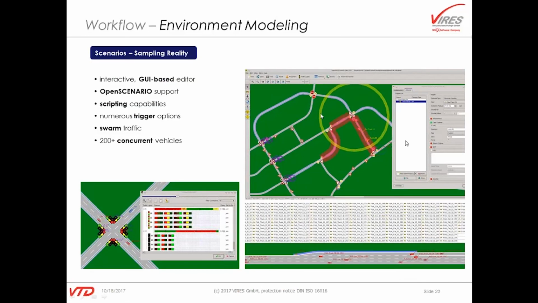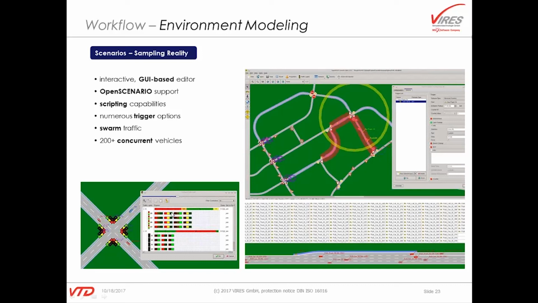This is just a brief look at our editor, which can be used for editing and populating the 3D environment with entities. It's a little bit hard to see. You will see some small bubbles here, which just provide triggers for actions. You will see this a little bit larger circle, which just defines a traffic swarm area. So we can have just random traffic around our own vehicle. All of our players are then being controlled by random behavior here.